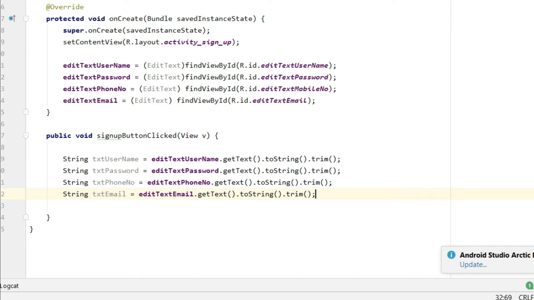So we have successfully got the text from these edit text fields, and now let's make a check so that